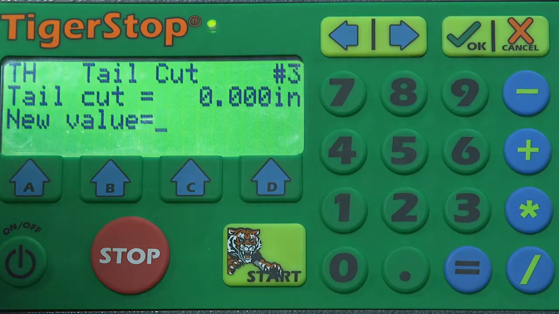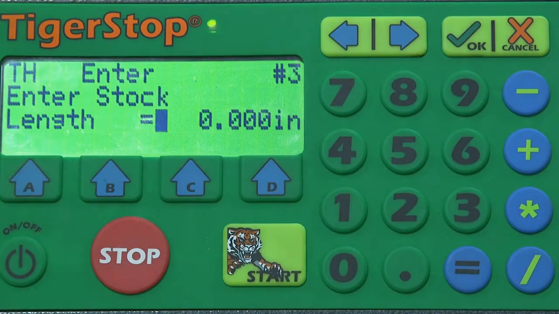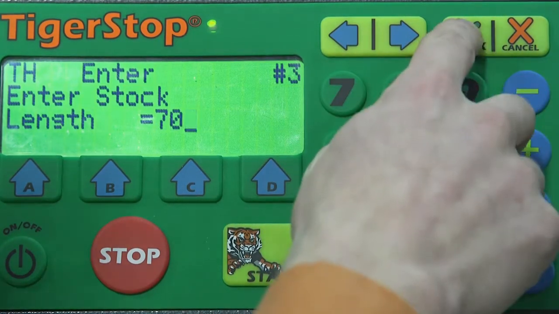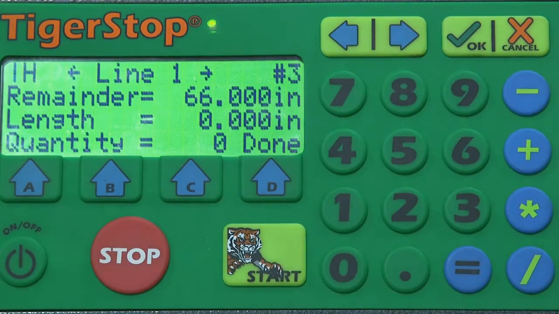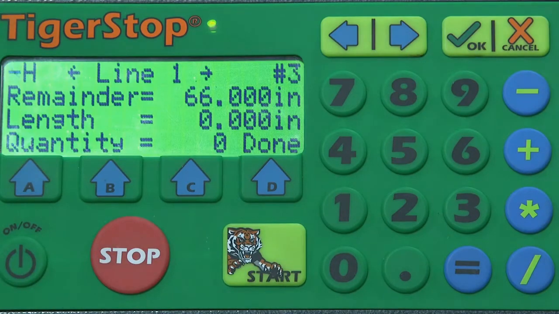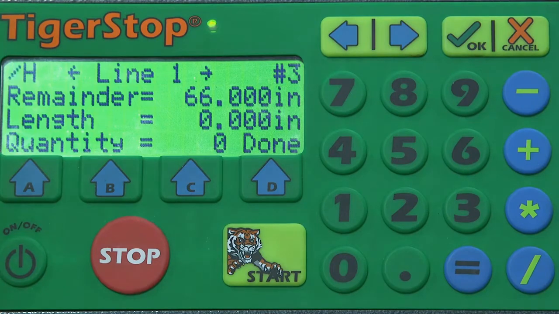So we'll do the same value. We'll do a 2-inch value and press OK. And before it asks us what we want to do for lengths in between, it's going to ask for the stock length itself. So for this, we'll enter in 70 inches and press OK. And you'll see on line 1, it's now going to give us a remainder and then ask us for our first length. So from that 2-inch